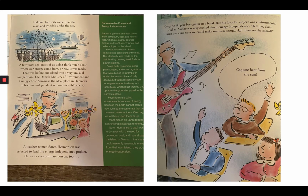And our electricity came from the mainland by cable under the sea. A few years ago, most of us didn't think much about where our energy came from or how it was made. That was before our island won a very unusual competition. The Danish Ministry of Environment and Energy chose Samso as the ideal place in Denmark to become independent of non